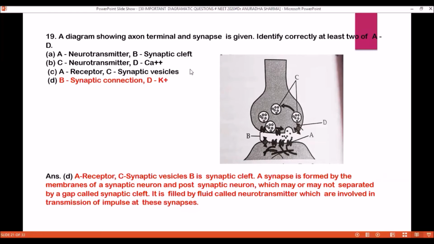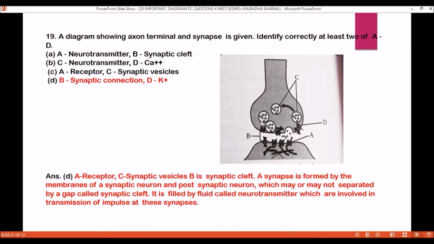A diagram showing axon terminal and synapse is given. Identify correctly at least A to D. First option: A is neurotransmitter, B is synaptic cleft, C is neurotransmitter, D is calcium. Another: A is receptor, C is synaptic vesicles, B is synaptic connection, and D is calcium ions. So by looking at the diagram, we can see that A is receptor and C is synaptic vesicles and B